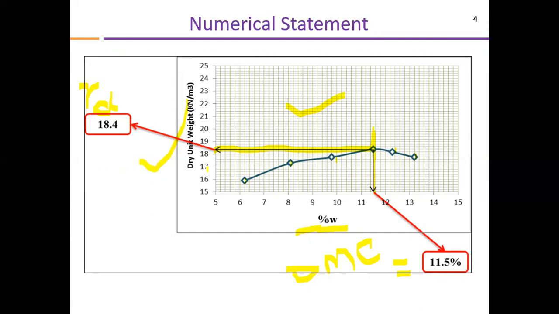First of all, you will take the data of the standard Proctor compaction test. You will have to plot a curve which is known as a compaction curve, the x-axis of which will contain the values of moisture content and the y-axis the values of dry unit weight. After plotting the curve, the peak of the curve will be selected and projected on the x-axis and on the y-axis. The point that it touches on the x-axis is the value of the OMC, and the point on the y-axis is the value of gamma D maximum, or maximum dry density.